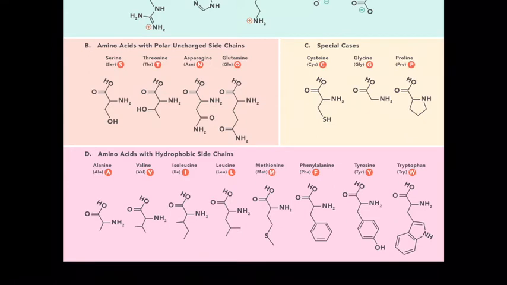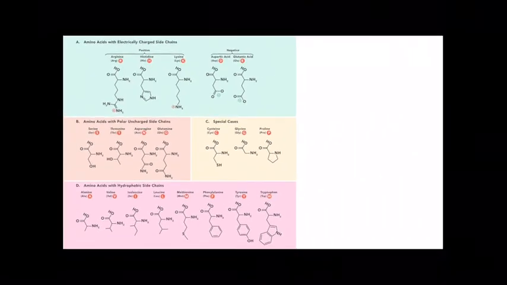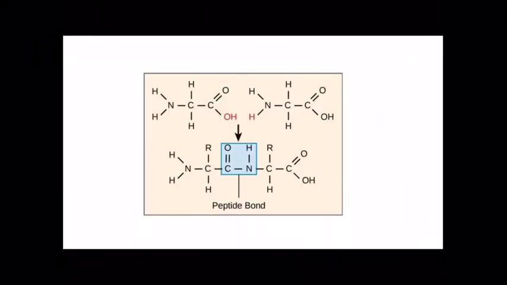Alanine is our smallest and simplest amino acid. So off of that central carbon, all we have is another carbon. That's as small and simple as it gets as far as side groups. So this gives you a little view of the difference between one amino acid and another, and the similarity between one amino acid and another. So let's take a look at how amino acids bond to each other.